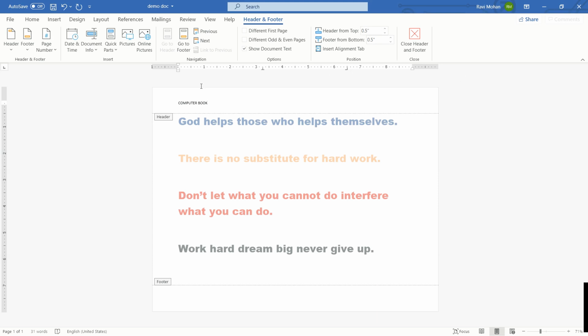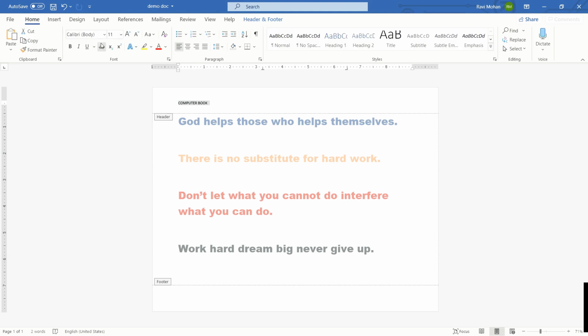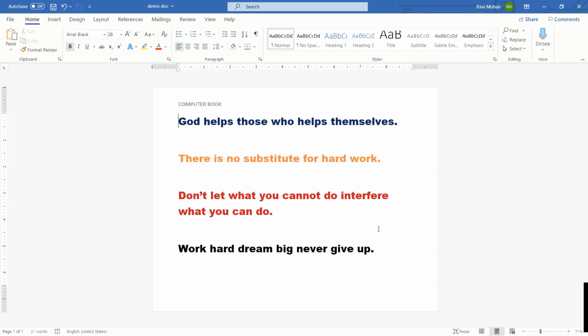This text which I have typed can also be formatted like the usual text which we type inside our documents. That means I can change the font size of this text as we do it for other text. We can make it bold, italics or underlined. So now you see computer book has appeared as the heading of my text. Coming out of the header, I can simply click on the escape key.